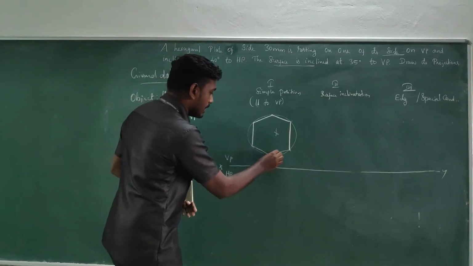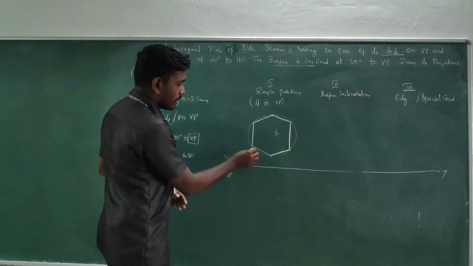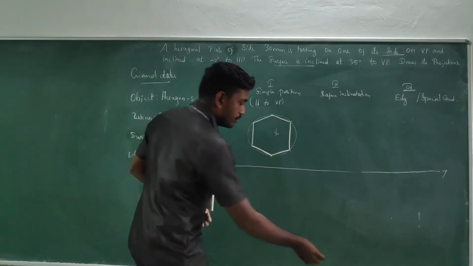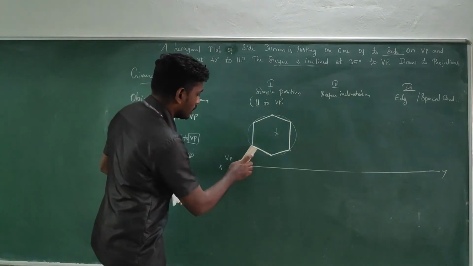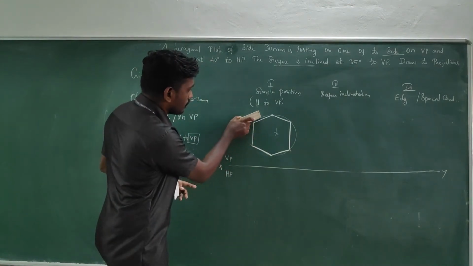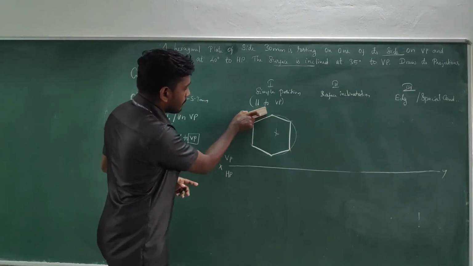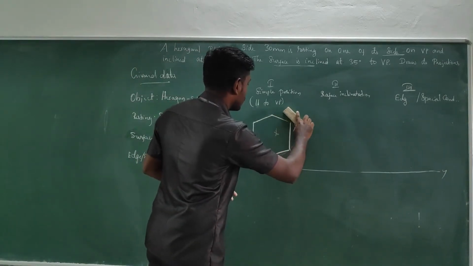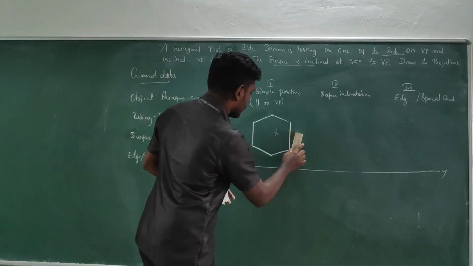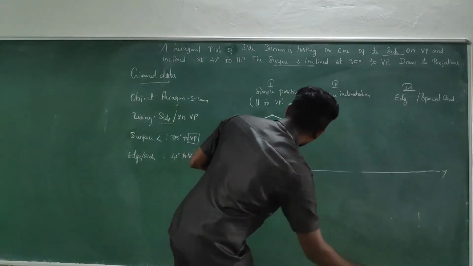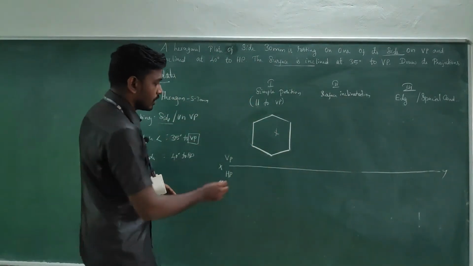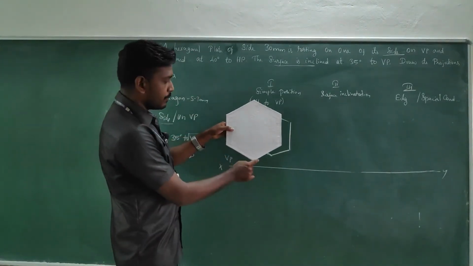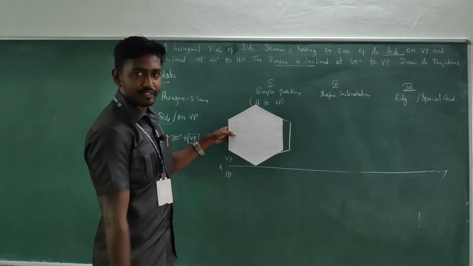Now by having the dark line, we could get the view in the front for the condition parallel to VP, where the surface of the plane is parallel to VP. After completing it, how to go for the top view? Naming should be given. I am going to consider this as A, B, C, D, E and F.